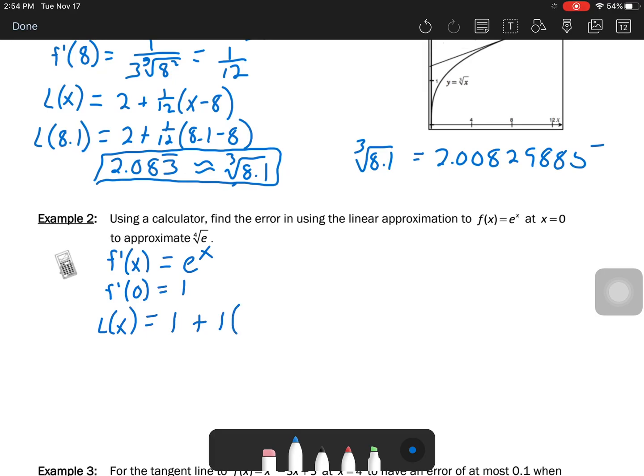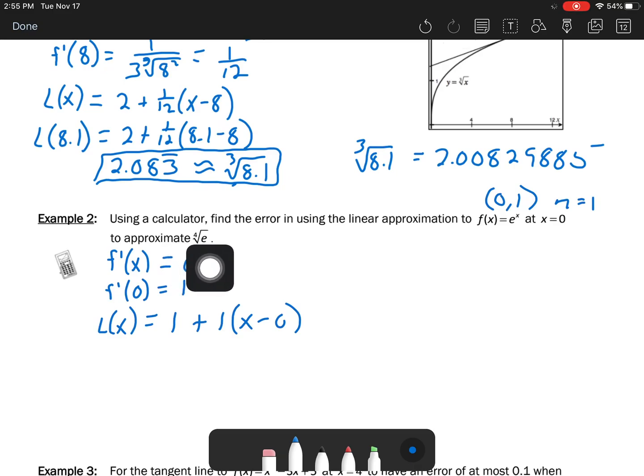So we've got that. And so the equation of my tangent line, L of x, would equal 1 plus, and my slope is also 1. And then I'd have x minus 0, right? Because my ordered pair turns out to be 0, 1, right? So I'm at my point, and my slope turned out to be 1 right there. So there's my equation, right? And if I use that, I'm supposed to approximate